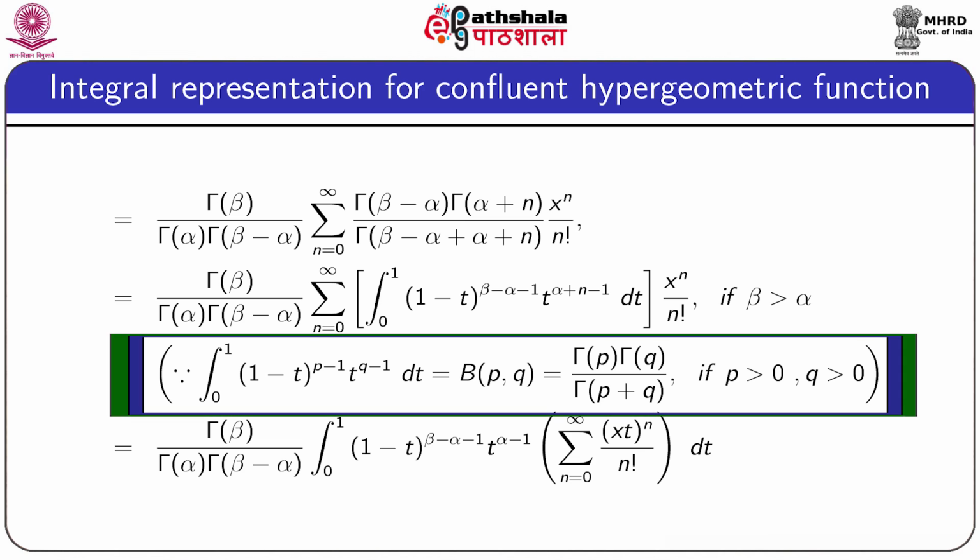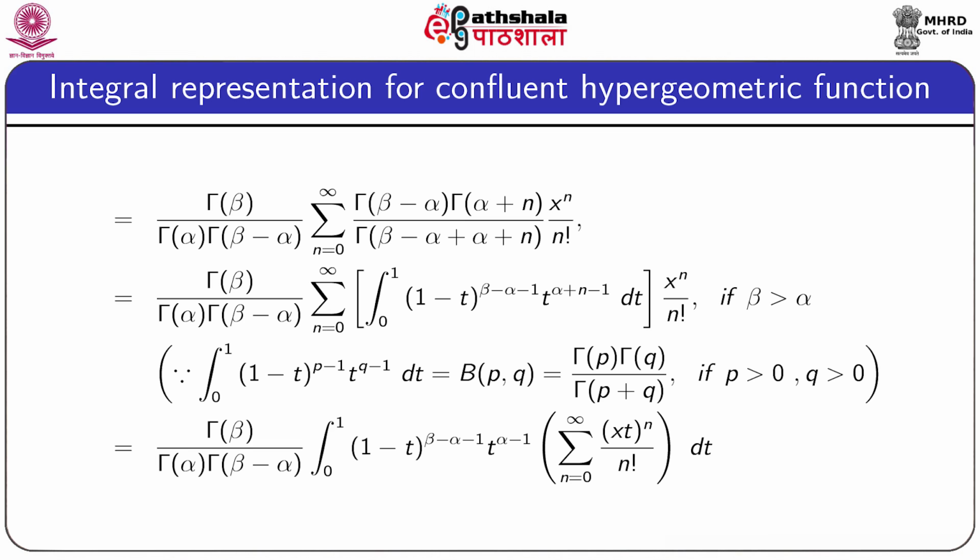Using the definition, the integral from 0 to 1 of (1 minus t) to the power p minus 1, t to the power q minus 1 dt is equal to the beta function B(p, q), which is equal to gamma p gamma q divided by gamma of p plus q, where both p and q are positive. We will get